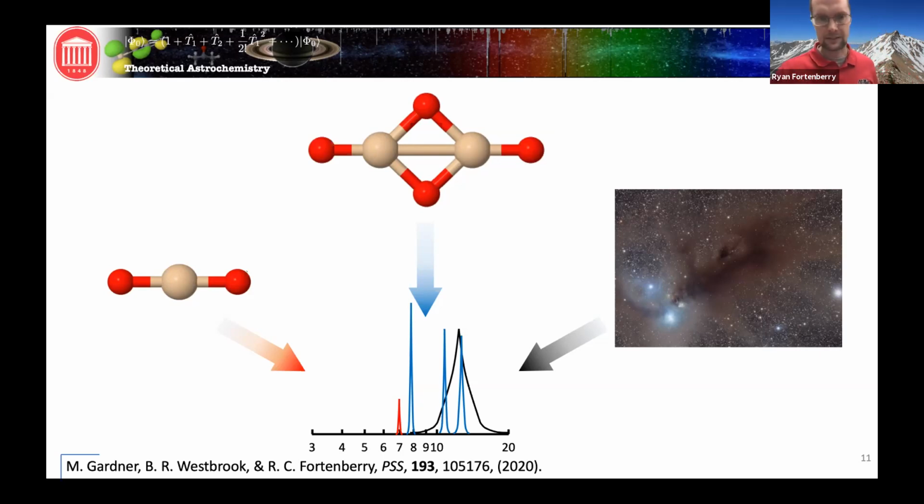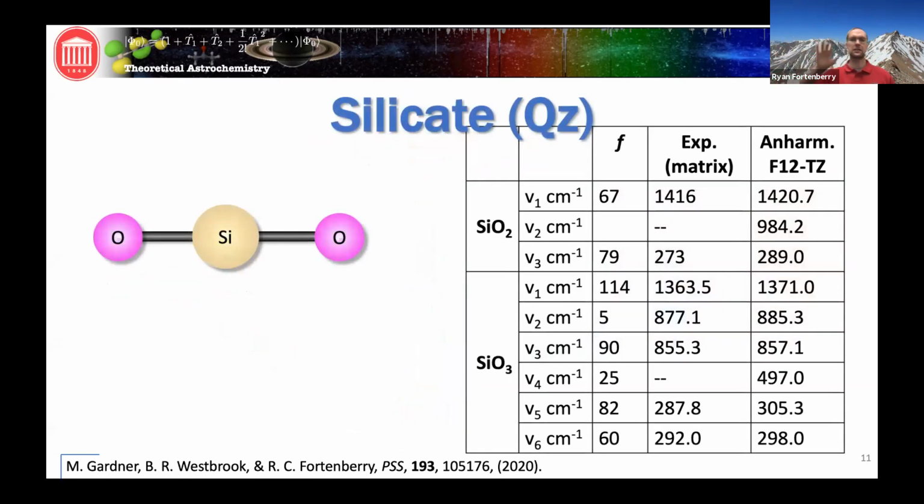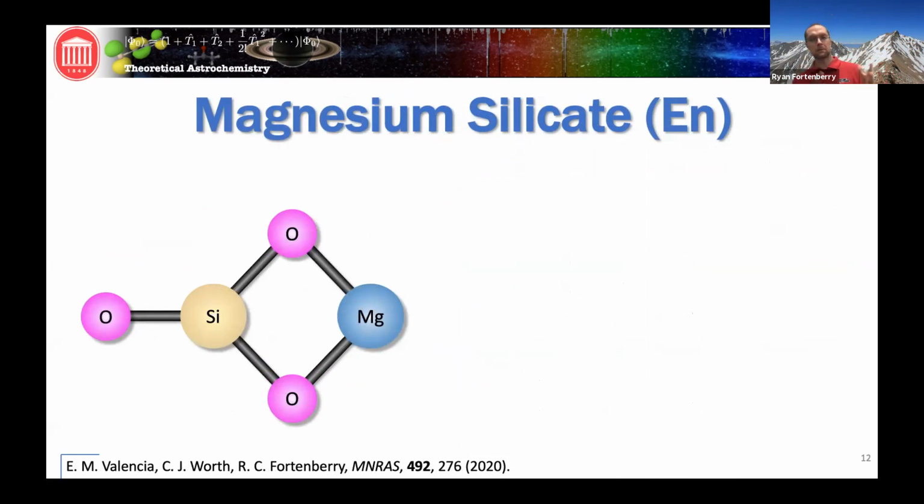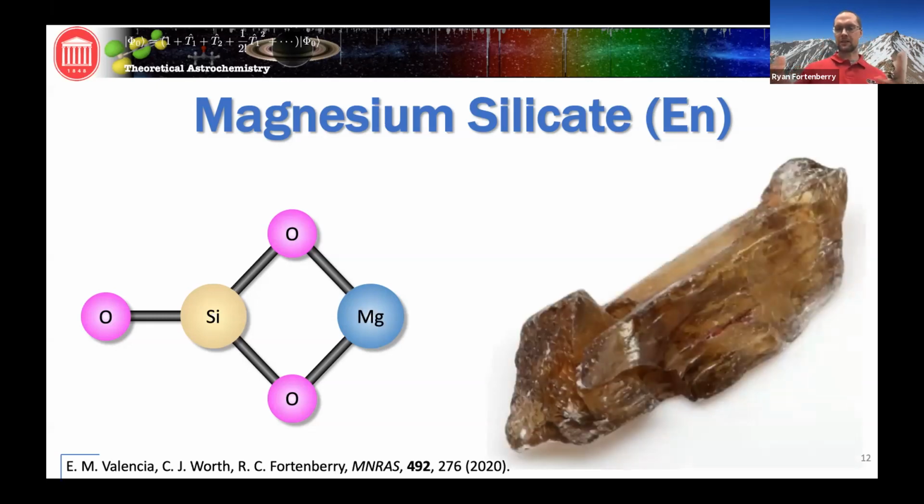But anyway, I digress. Okay, so I talked about silicon dioxide, and I also talked about magnesium oxide. Silicon dioxide's everywhere in sand. Magnesium oxide's not that common, but if we take these two and add them together, we actually create an incredibly common mineral. This is a magnesium silicate, enstatite. And the monomer of it looks like this nice ping pong paddle, or pickleball if you're into that these days. But the larger crystalline material is this brown crystal rock.